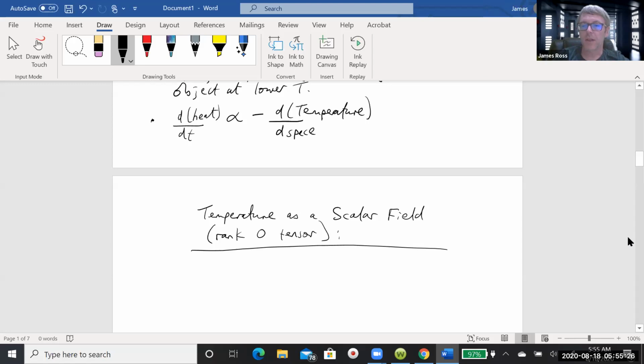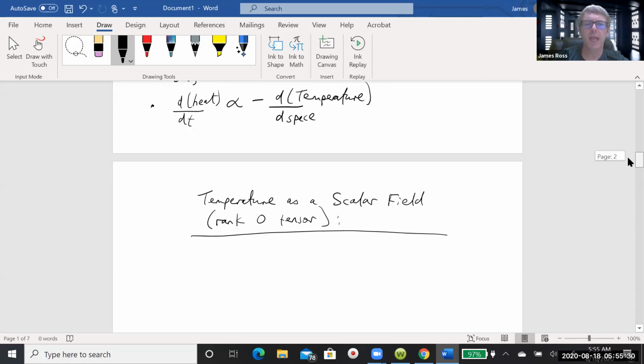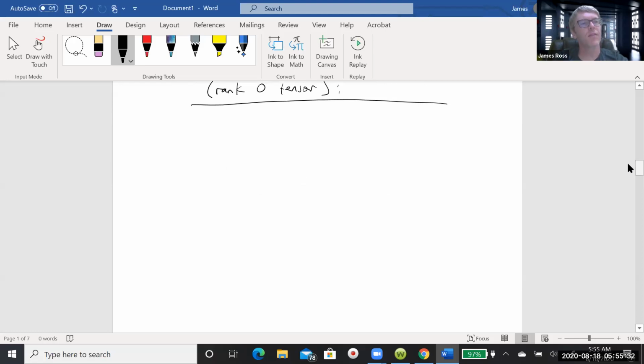Okay, but scalar field is good for us. So what's a scalar field? A scalar field is, well, first of all, what's a field? Then we'll look at what a scalar field is. So a field is the sum of indivisible pieces of information